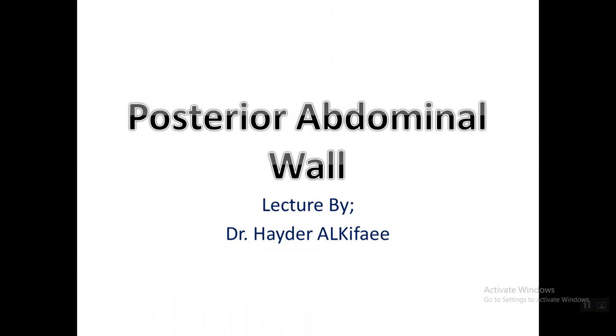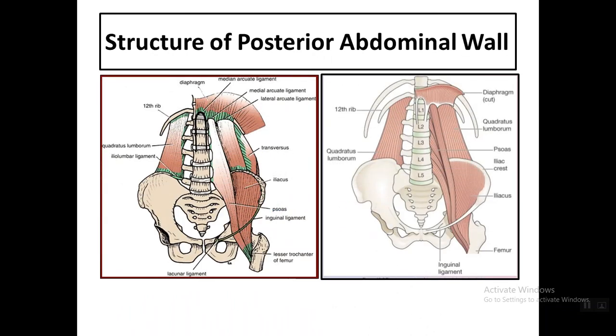Today our lecture is about the posterior abdominal wall. The posterior abdominal wall consists, in the midline, of the 5 lumbar vertebrae with their intervertebral discs. Laterally, it has the 12th rib and the upper part of the pelvic bone, that is the upper part of